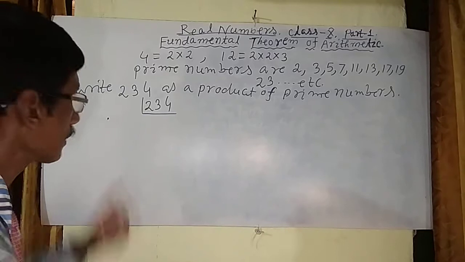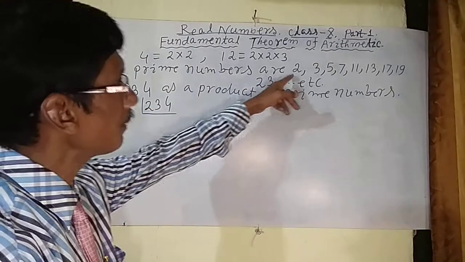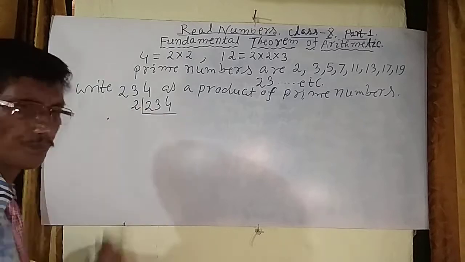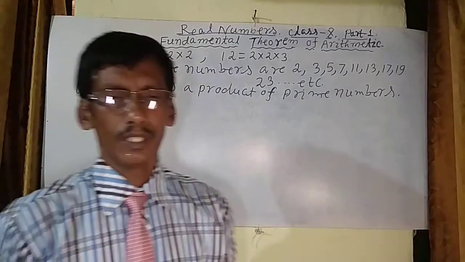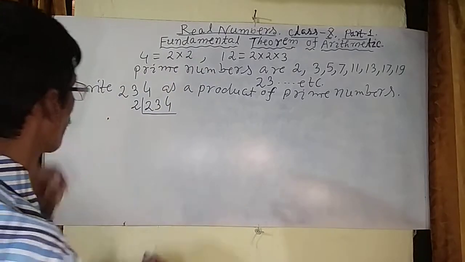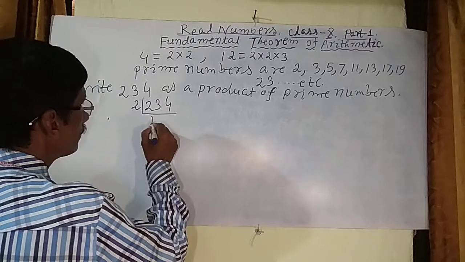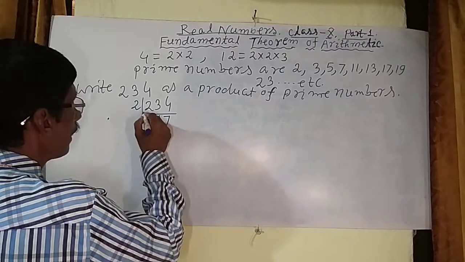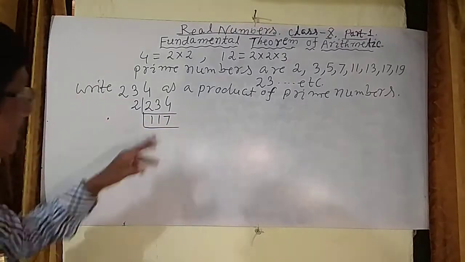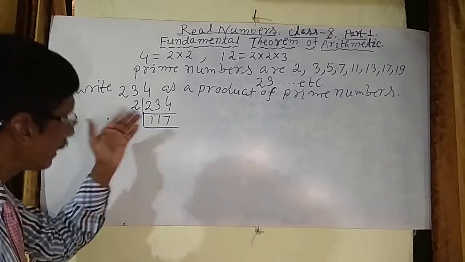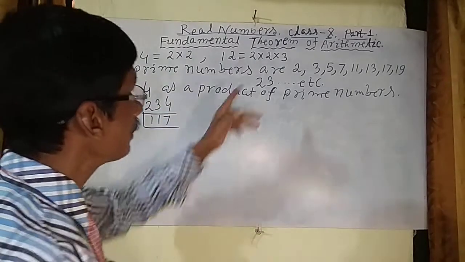by 2. First of all, 2 is a prime number, okay? Then you write here 2, and then see how many times you get the result, like 1, 1, 7, and next. It is not divisible by 2, so which number is it divisible by? Leave these 2 and next, which number is the prime number?